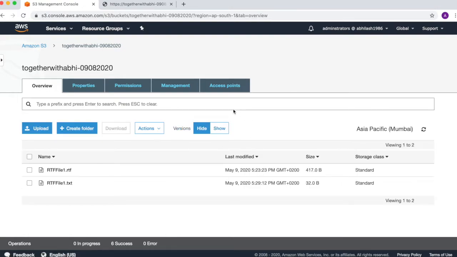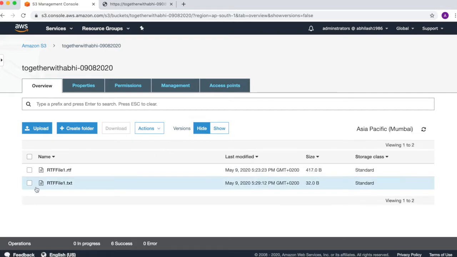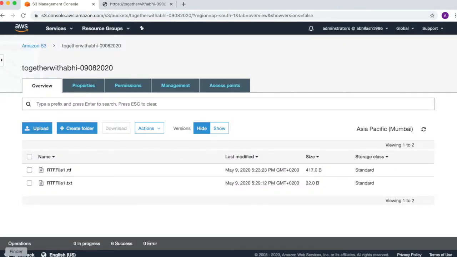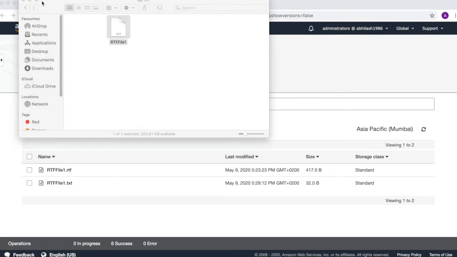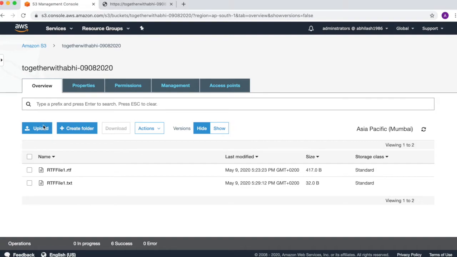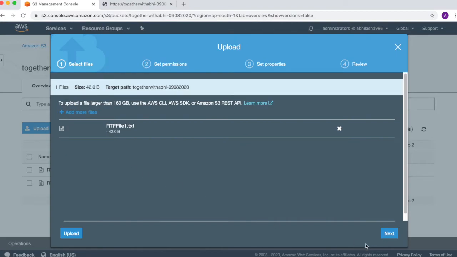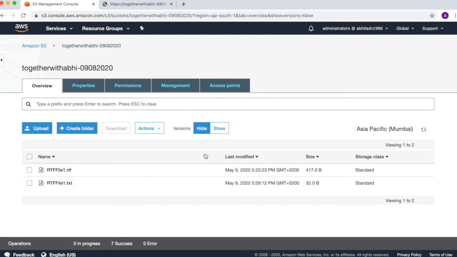Now let's create another version, and you see there is this hide and show, this new tab which is visible. You will get to understand its use later, but before that, firstly let's create another version of the file. Before doing that, let's create a local override change. Instead of "normal format file", we write "version 2". Let's save this file and upload it. Let's add this file, and the file has been uploaded. We are not going to make any changes related to this.